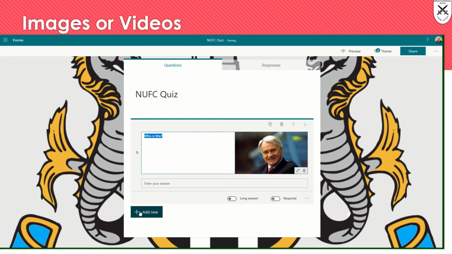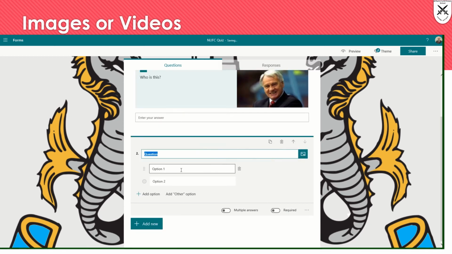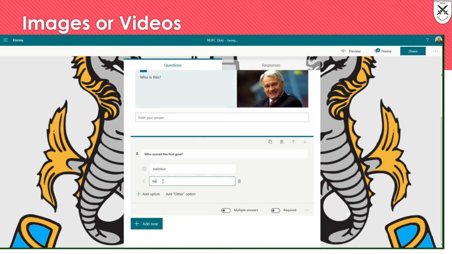If we click another add new to have a look at adding a multi-choice question, so we can say who scored the first goal, put a question mark, so we can put Joelinton, Wilson, or